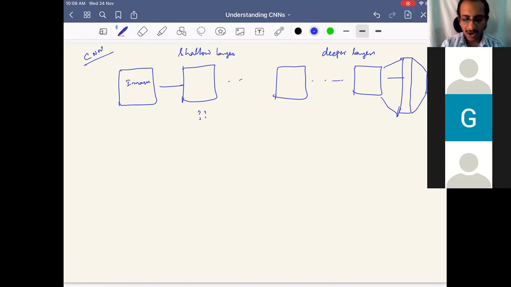So the operation we do at each of the layers is the convolution. We might have done already some convolution with kernels, and with kernels we will be getting convolution maps. So there are two things to understand here. One is, what kernels do they learn? The second thing is, what is the significance of the feature maps that they are learning?